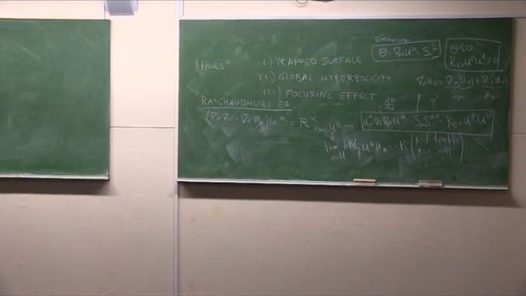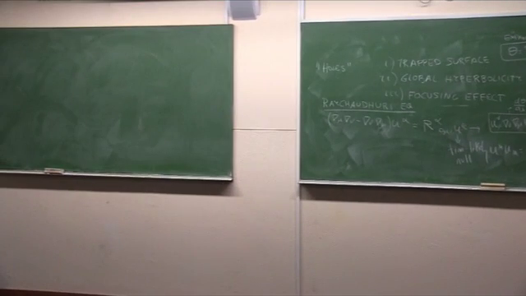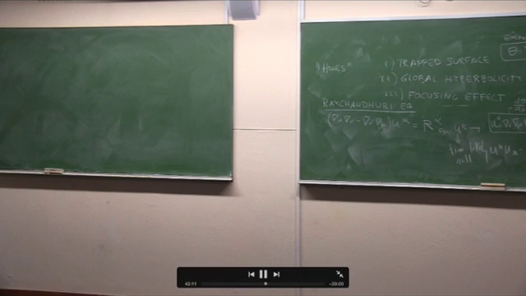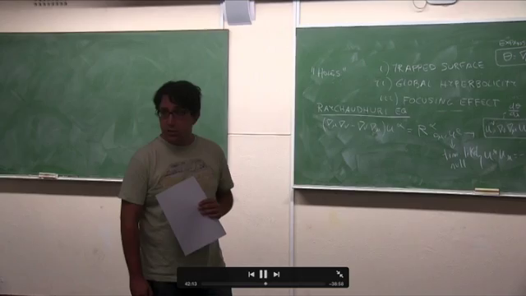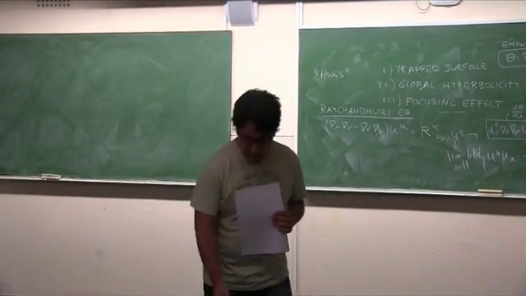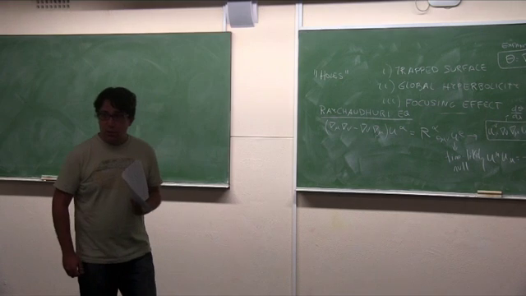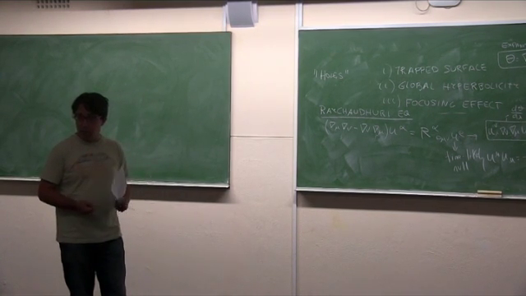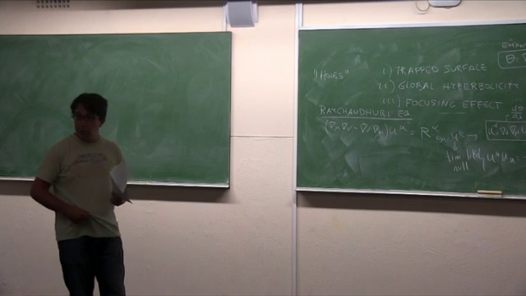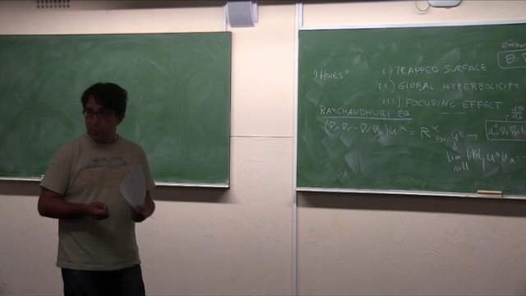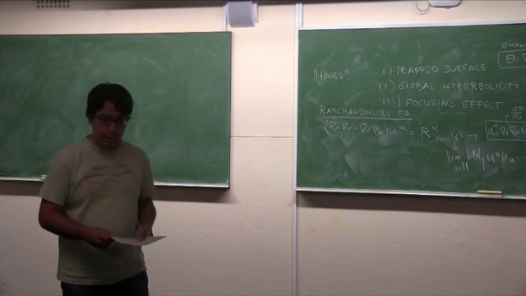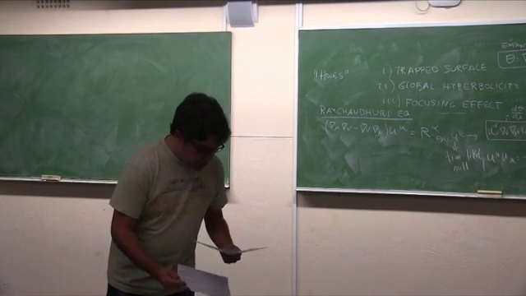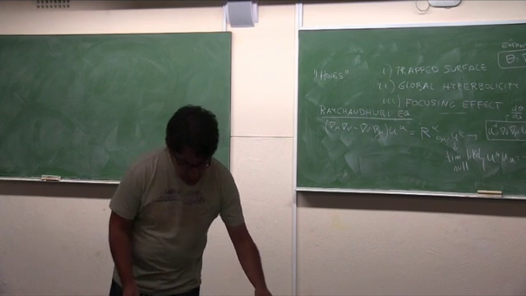Global hyperbolicity simply means that you are always going to have in your space-time a surface that allows you to give initial data to your problem. So it means that the evolution of your problem is going to be unique. It's a technical definition, but that is the physical meaning. Okay. So these three conditions together